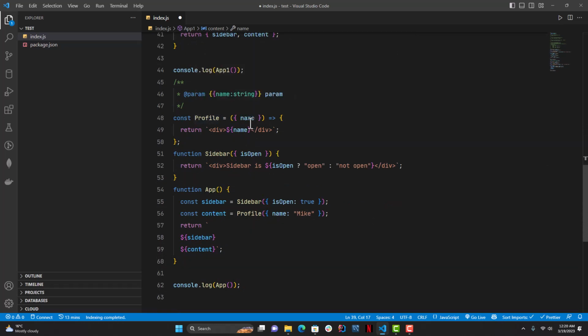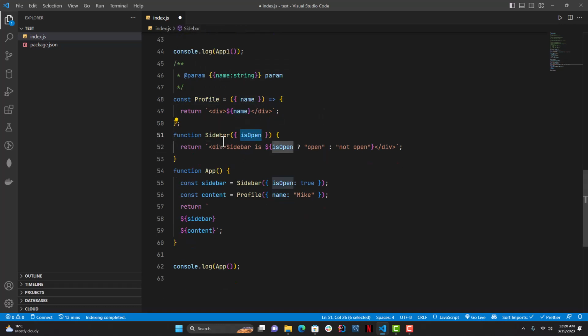You can see in the profile we destructure user, the name, and we pass that name here, and the sidebar we also have the is open property. So with these the client, the other side which is supposed to pick items of these, will always be aware of the props that are supposed to be provided. As you can see here, we have is open there, and we also have the name in the profile. So I hope this helps with understanding of